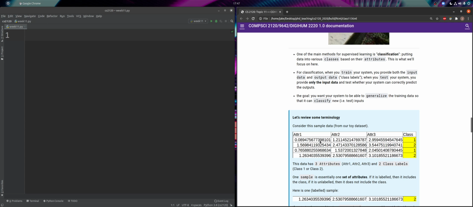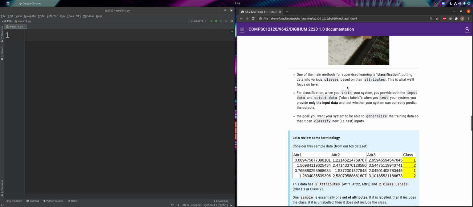Right? And what do I mean by samples? Again, this is more terminology. By samples, I mean this set of attributes. So this first row, not including the class label, that's an unlabeled sample. This first row, including the class label, is a labeled sample. So going back up to here,